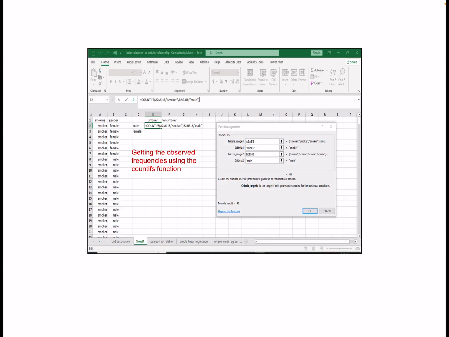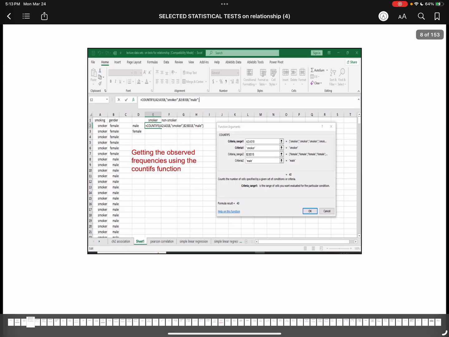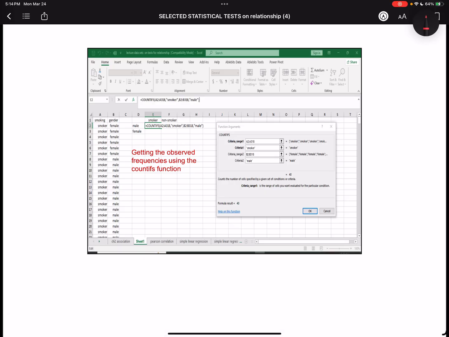you have already inputted the data set in Excel. Okay, you will create a 2 by 2 table wherein the first step that you're going to do is you would get the observed frequencies using the countifs function. Okay? So say for example for this table, okay? Ayan. So, 2 by 2 table. So, sa first cell na ito, so, ang criteria natin is dapat smoker and dapat male ang gender. Okay? So, criteria underscore range 1, ilagay nyo lang dyan yung mga indicated